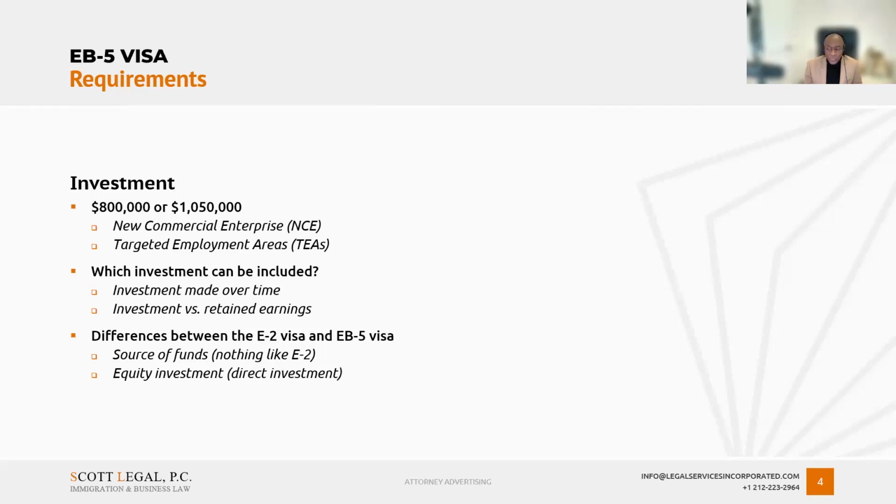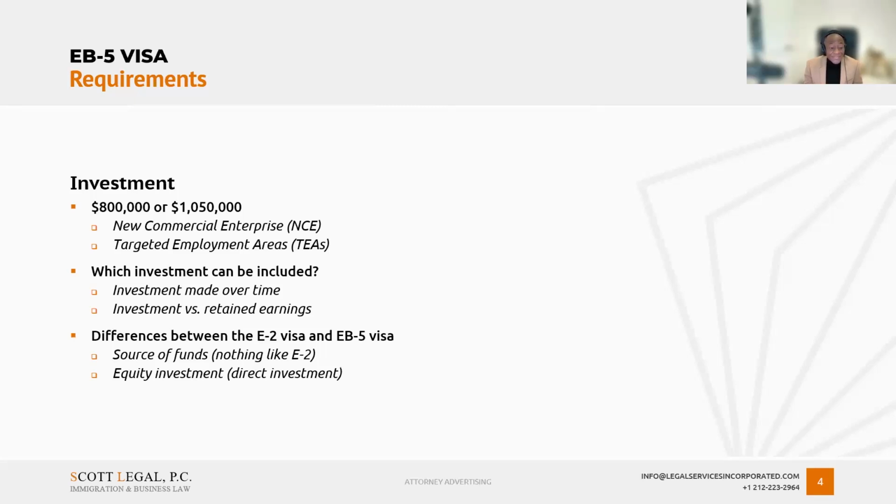Another good example I like to quote regarding how exacting this area is: in the past, when people were investing in regional centers, and sometimes it was children, parents would be giving money to their children to invest in a regional center. They would give them, let's say, $800,000. I think at that time it was $500,000, because it rarely happens now since we give so many warnings about it. The parents didn't want to put the money into the children's bank accounts, because who knows what the child would do with the money before it got to the regional center, so they sent the money directly to the regional center, but still gave the child a gift letter, et cetera.